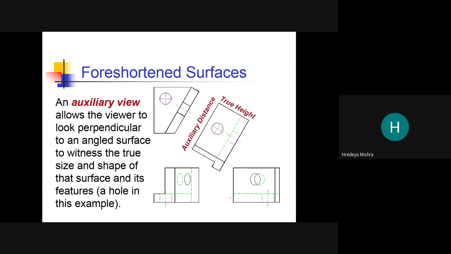Now see here, this is our front view, top view and side view.